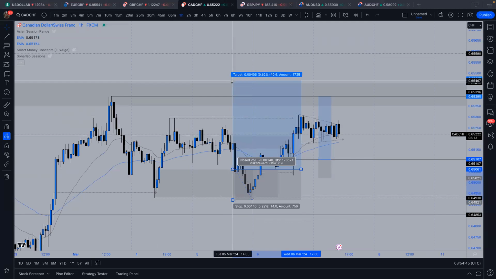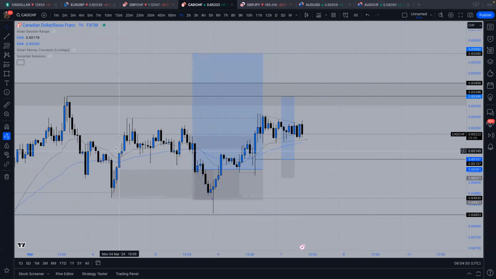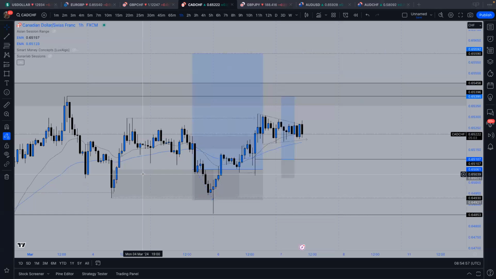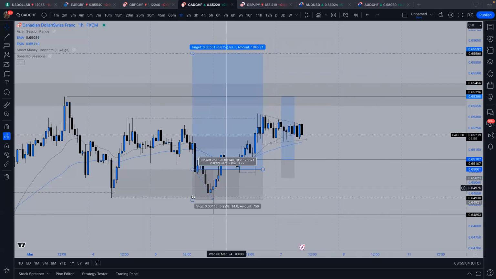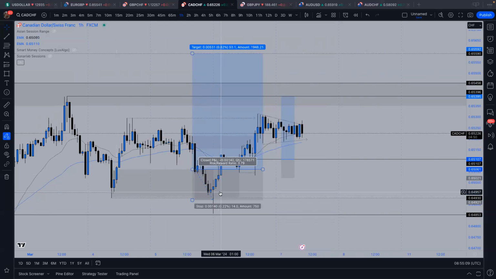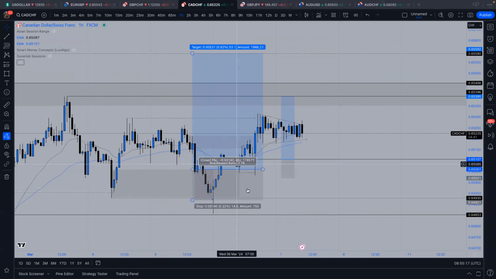40 pip stop loss, and my target is up here. I did actually close out these trades. So on this, it says I would have been taken out. And my broker that I'm with, they're using a thing called Match Trader, and when the market actually closes, you don't actually get these big slippage things. So I was quite shocked, and I actually wasn't taken out of this. It literally closed here, and then where price opened, that's where it came from. So I had a nice position in here, which did actually move up a bit.